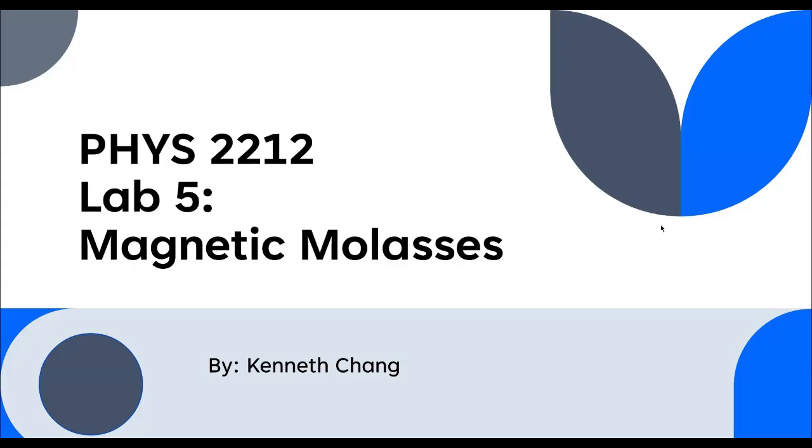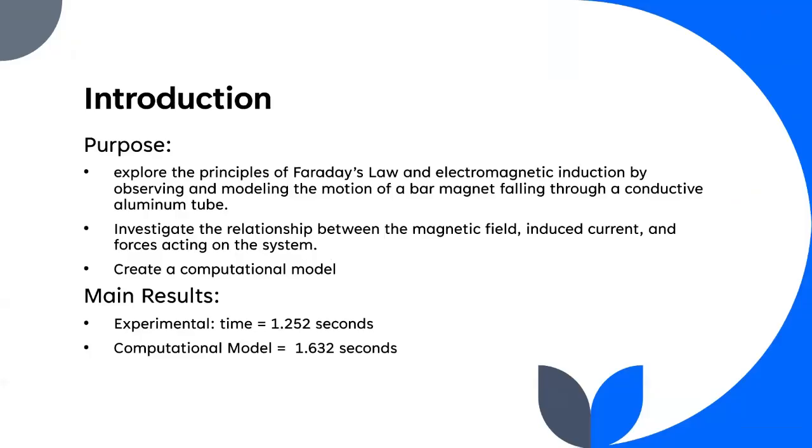So the purpose of this lab was to explore the principles of Faraday's law and electromagnetic induction by observing and modeling the motion of a bar magnet falling through a conductive aluminum tube. Also investigate the relationship between the magnetic field, induced current, and forces acting on the system, and create a computational model. Our main results for this lab were the experimental time was 1.252 seconds, and the computational model was 1.632